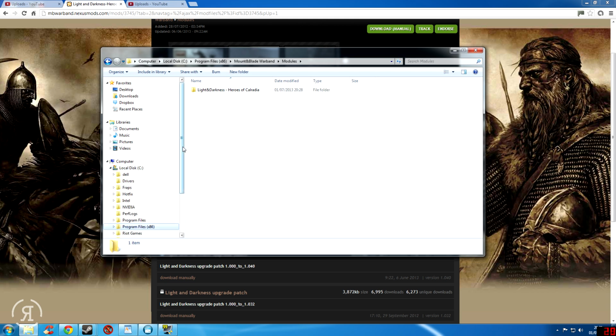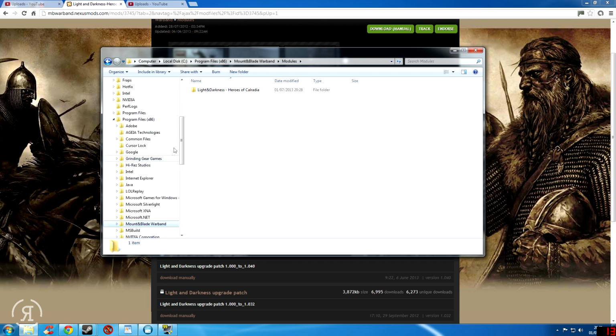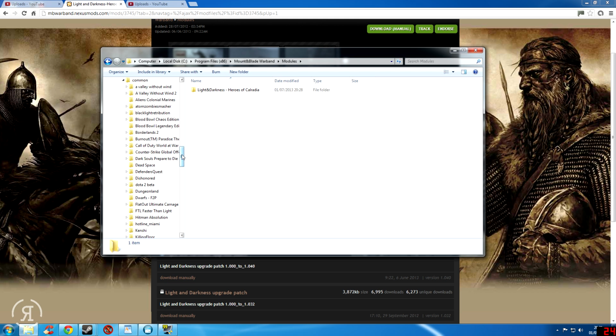We're going to click on these small arrows to expand the list, and we're going to go through. We're going to go for Program Files, x86 of course, and we will also go for Steam. We will go for Steam Apps, we will go for Common, and then we will have to find the Mount & Blade Warband folder, which is right here. We will click on the arrow once again, and there is the modules folder that we want Light and Darkness